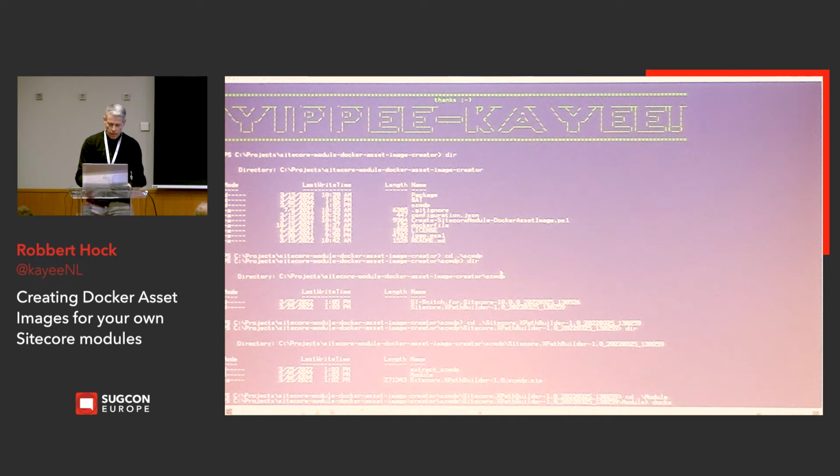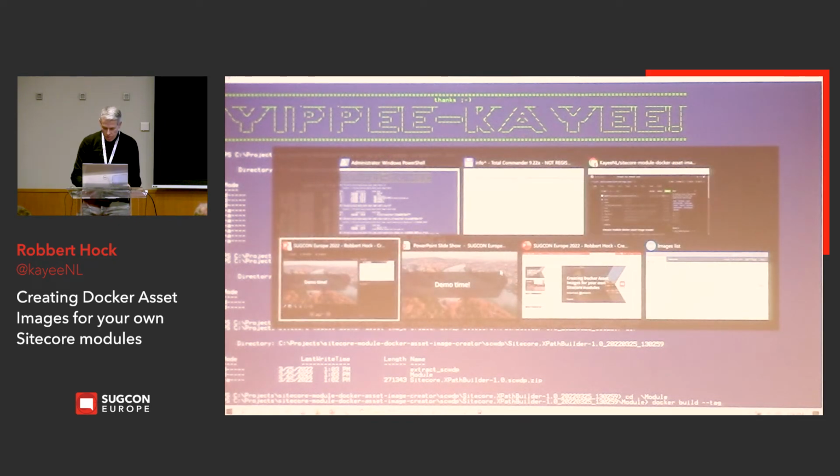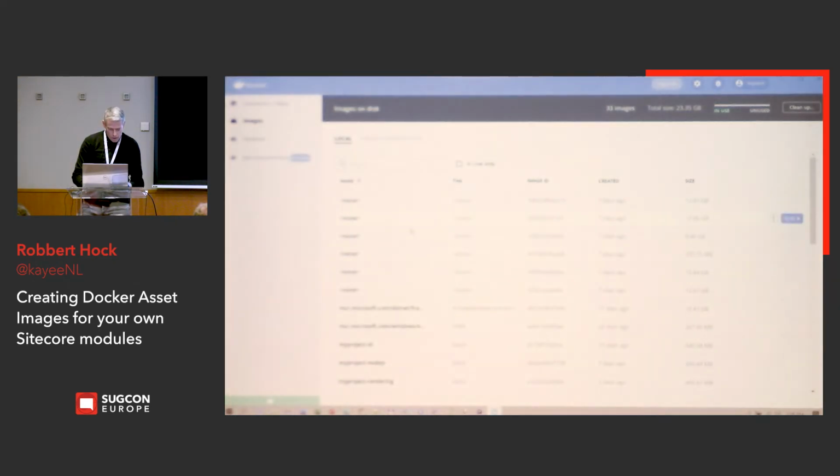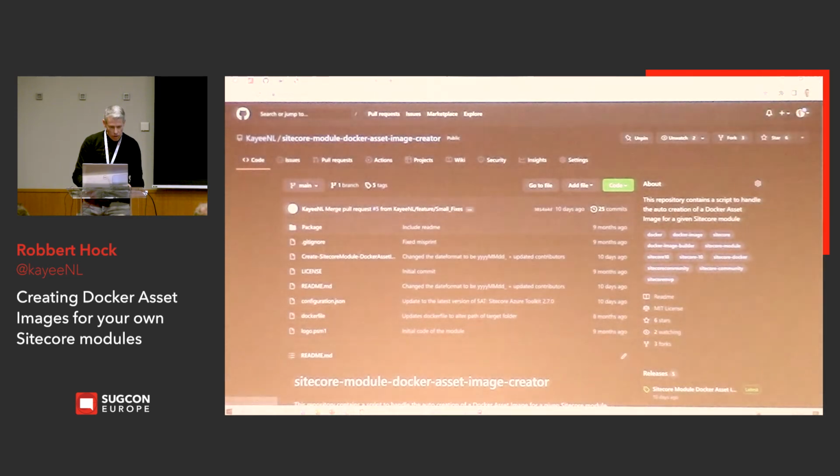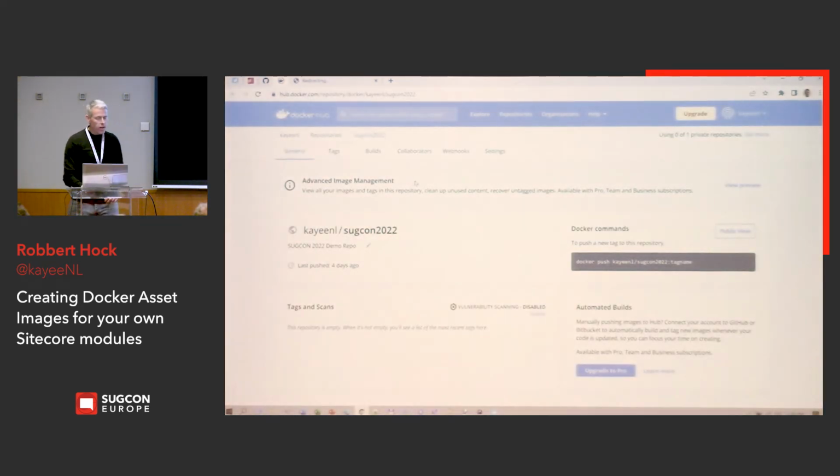And here we can actually do docker build --tag. And in the end, I want to push this out, so actually to Docker Hub. I created a repo on Docker Hub, so now I'm going to create an image, and that image I can then push to Docker Hub in order to be used. So I'm copying over this structure,